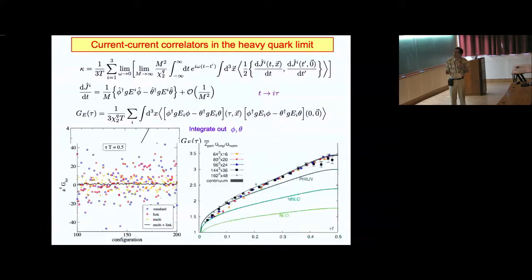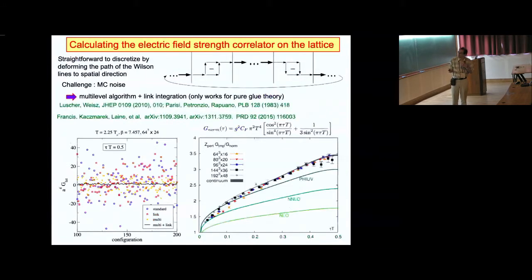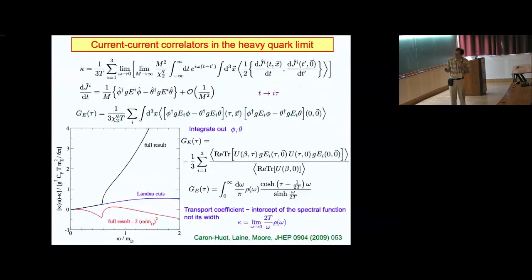So of course there is a problem. Life is not as simple. Of course it's easy to realize this correlation function on a lattice. So what is this full result and the red curve below? So then there is a different contribution from Landau cuts and the pole, and then of course when you add them together,